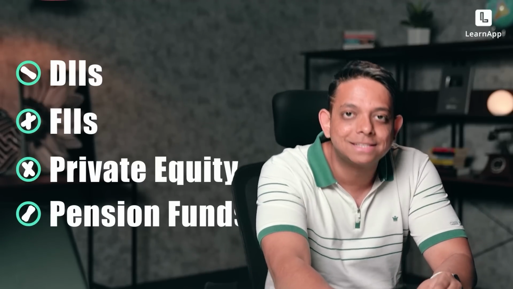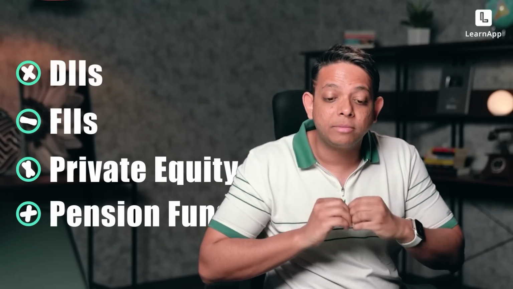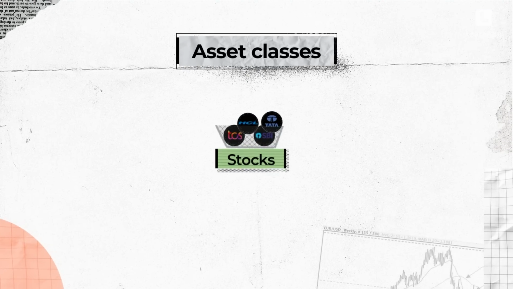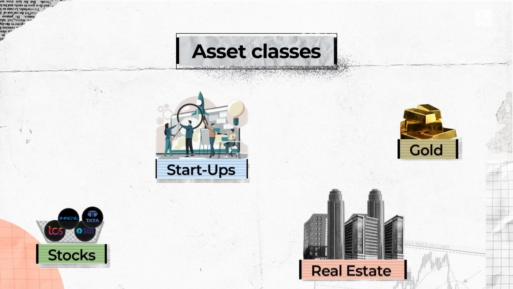Now, pension funds are really large. They have a lot of money and they deploy money into different assets. There are also insurance companies which invest money. And there are a lot of different kinds of companies which put money into different asset classes. Now, what are these asset classes? These asset classes could be stocks, it could be gold, it could be land, it could sometimes even be startups. And all these different asset classes are decided by these institutions and managers.